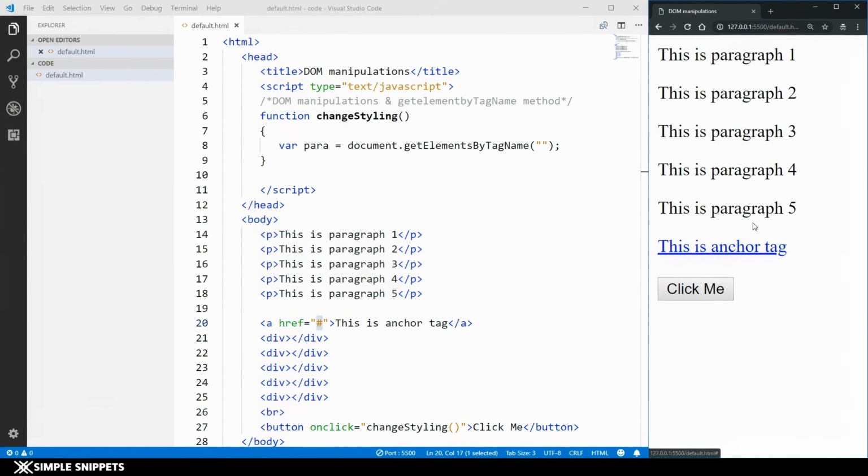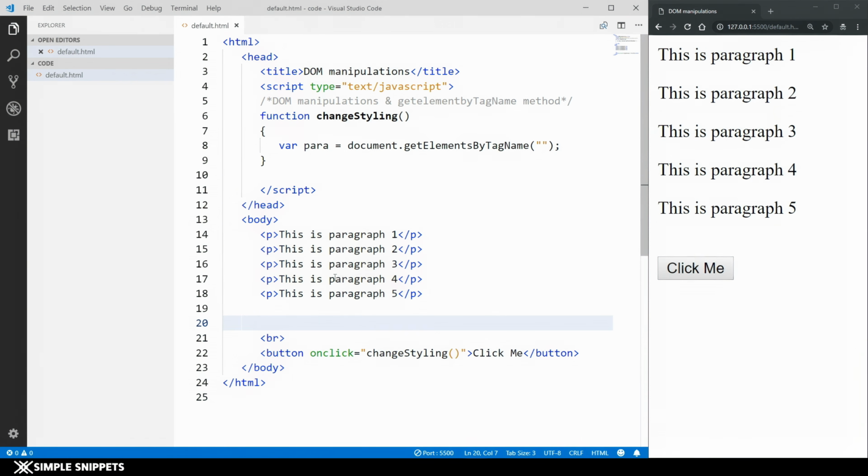If you click on it right now, we will not get anything because it's pointing to itself. This hash represents that. Anyways, I'm not going to get into a lot of detail right now. Let's first see what we have to do with the paragraphs. When you pass a tag name and I'm saying p, I'm going to be accessing all the paragraphs on this body, regardless of what ID they have, regardless of what class they have, regardless of what attributes or CSS styling they already have. I can access all of them using just this